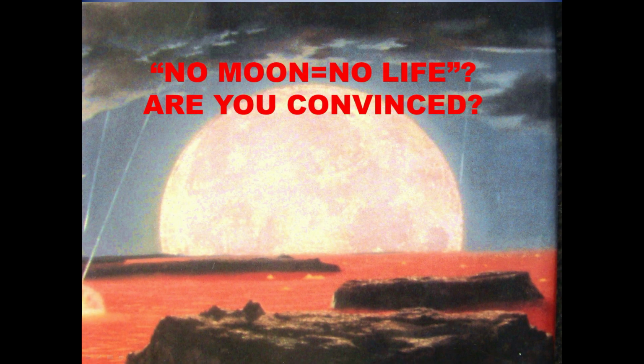I hope you are convinced that Earth is at least unique in our solar system, if not the galaxy, because of its special moon and orbital dynamics. Frank Drake, in 1961, wrote an equation to calculate the chance of intelligent life in the universe. He did not have enough information at that time to include the presence of a large moon. Today, I think he would agree that the search for intelligent life should include a search for a planet which includes a wobble from the gravity of a nearby moon.